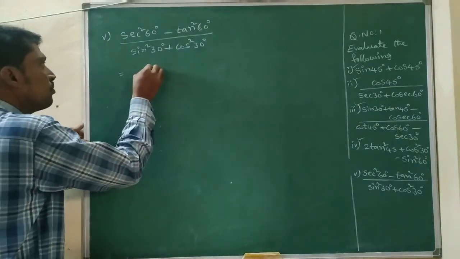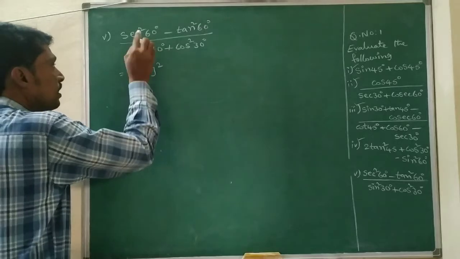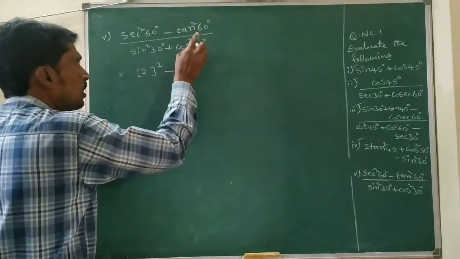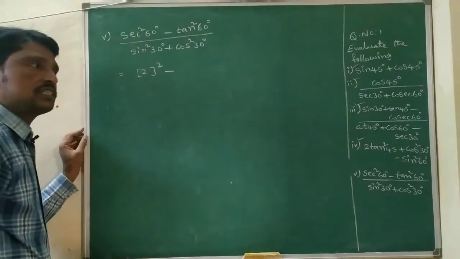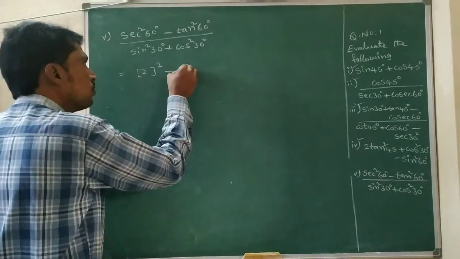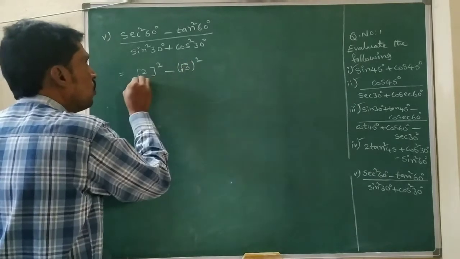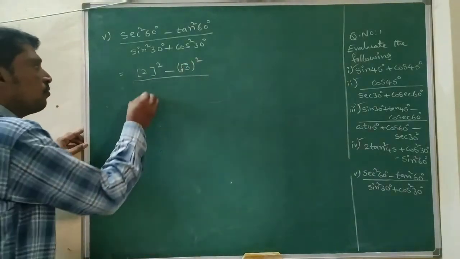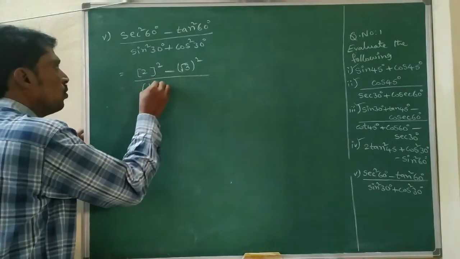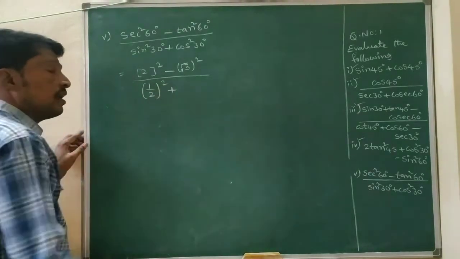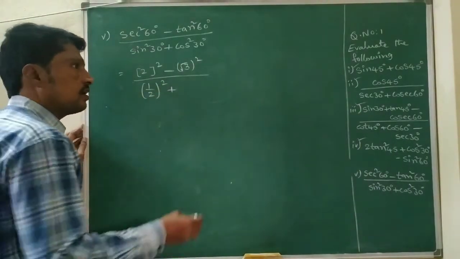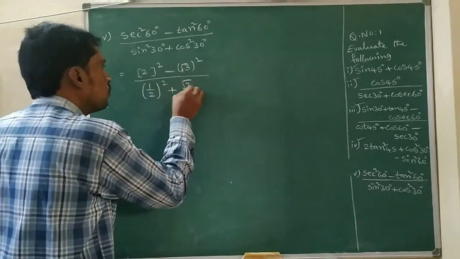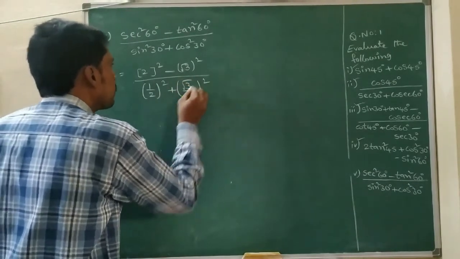Sec 60 value is 2 whole square. Here square is there, square minus tan 60 value we know, that is root 3 whole square whole by sin 30 value is 1 by 2 whole square plus cos 30 value is root 3 by 2 whole square,